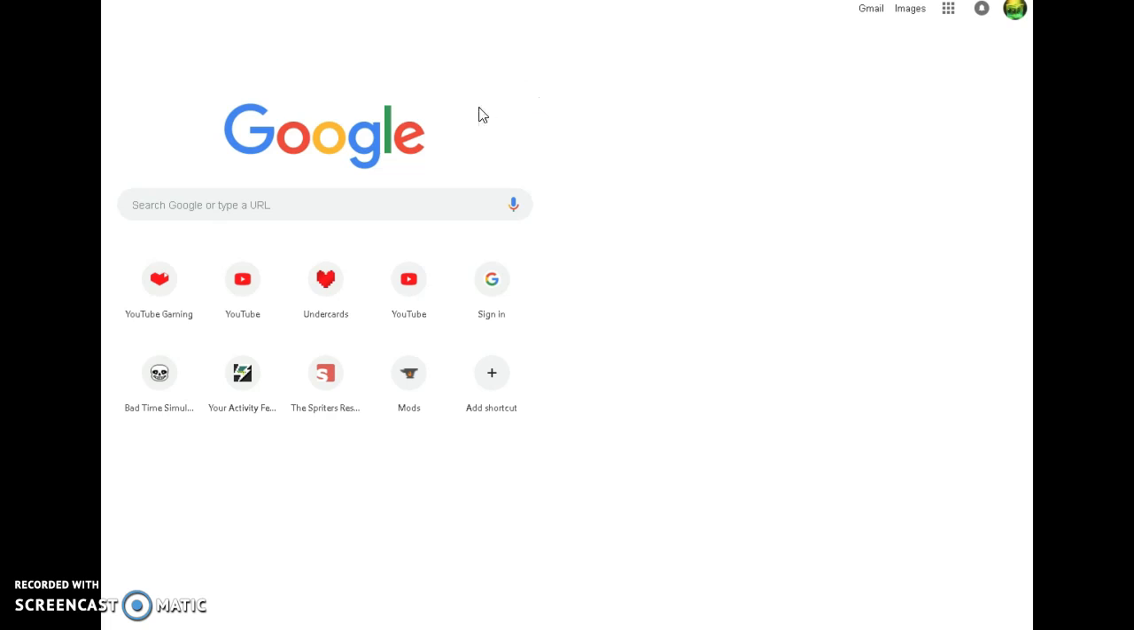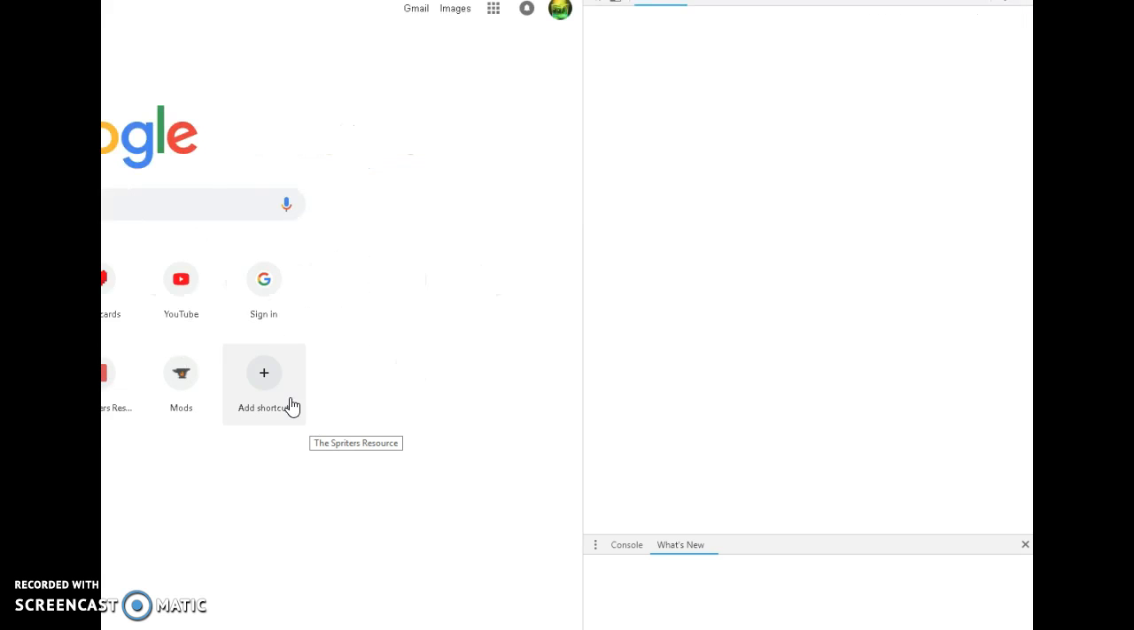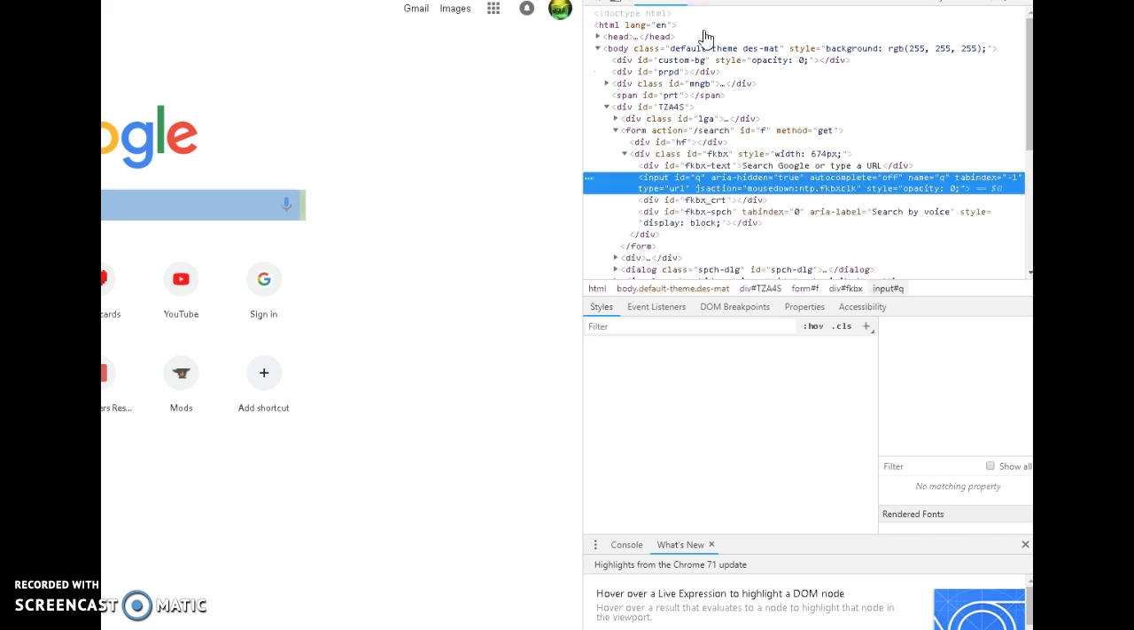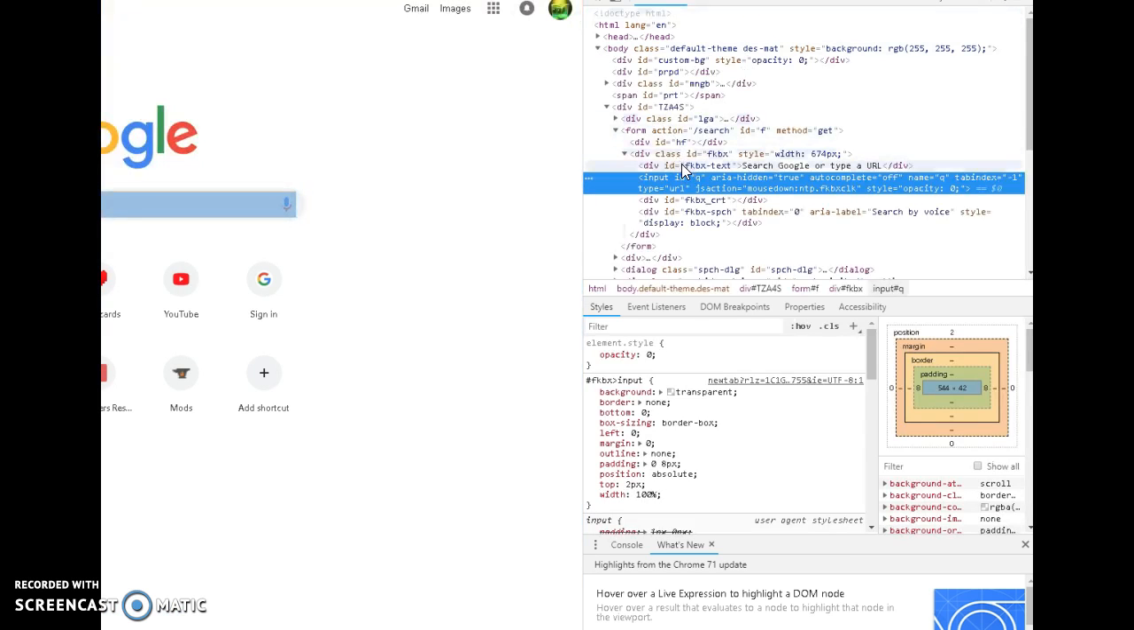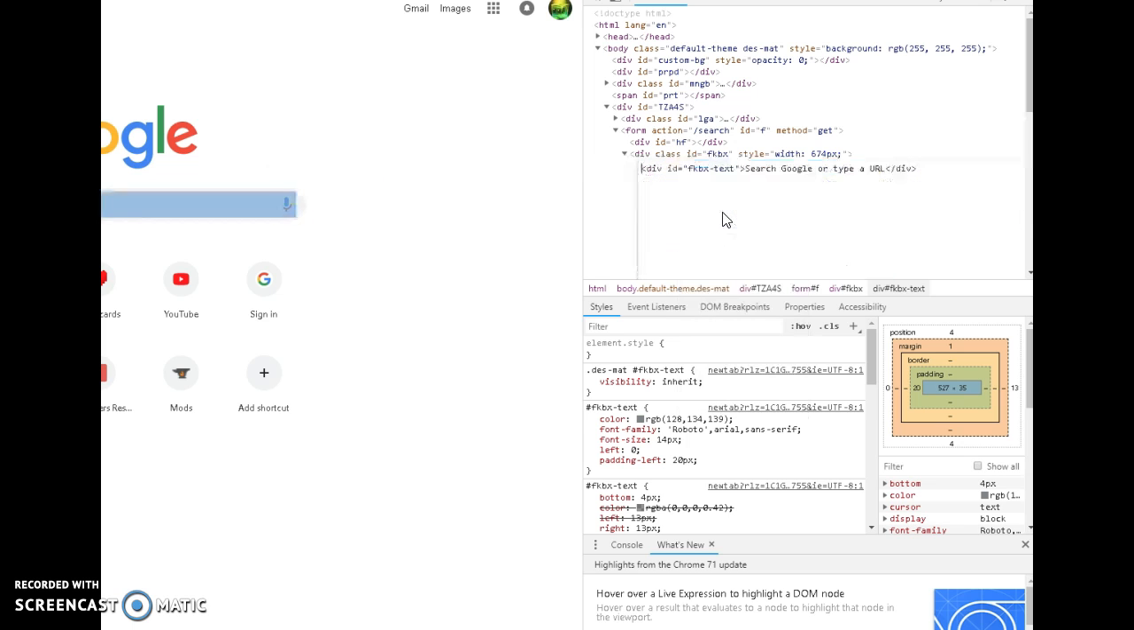Today I'll show you how you can change the text that appears right here. So what you want to do is right click this box, click Inspect. This little thing up here should show it, and you want to go here, right click, hit Edit as HTML, and then you can change this to say, I don't know,